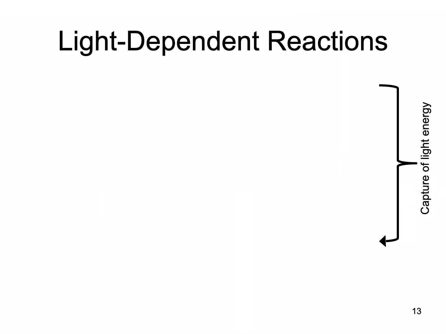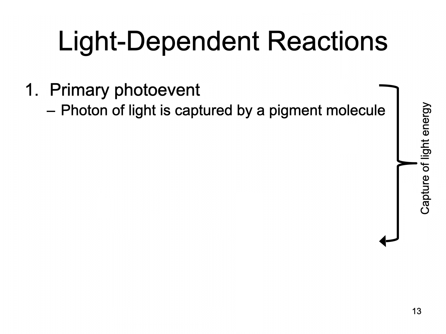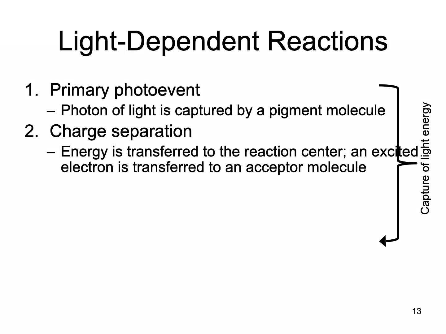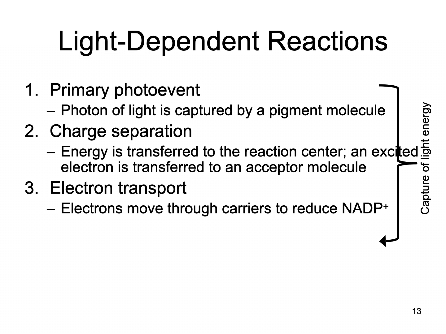So these light-dependent reactions involve first a photo event where light is captured by a pigment molecule, then the separation of charge where the energy is transferred to the reaction center, and an excited electron is transferred to an acceptor molecule. Electrons then move through other proteins embedded in the membranes, the electron transport proteins, and then ATP is produced through chemiosmosis, okay, which uses the same exact molecule that we found in aerobic respiration,